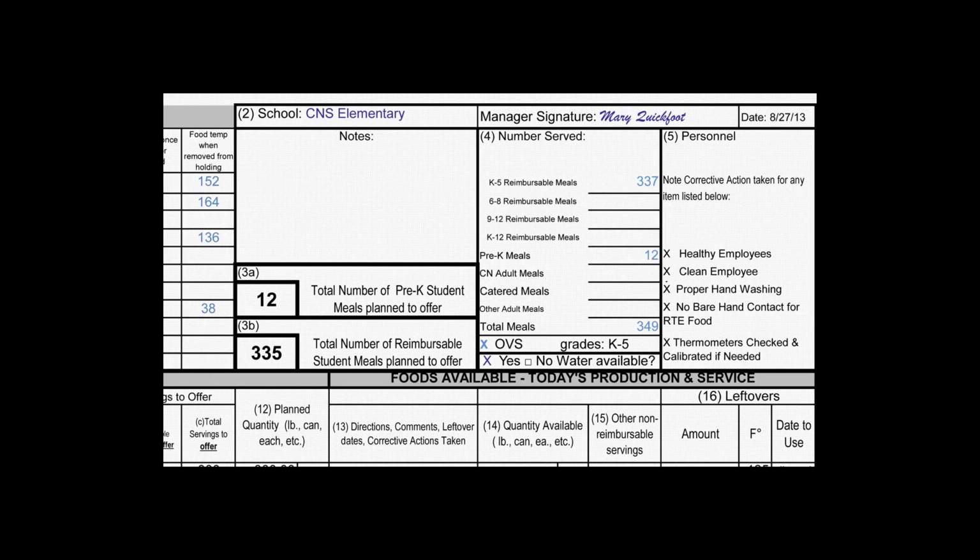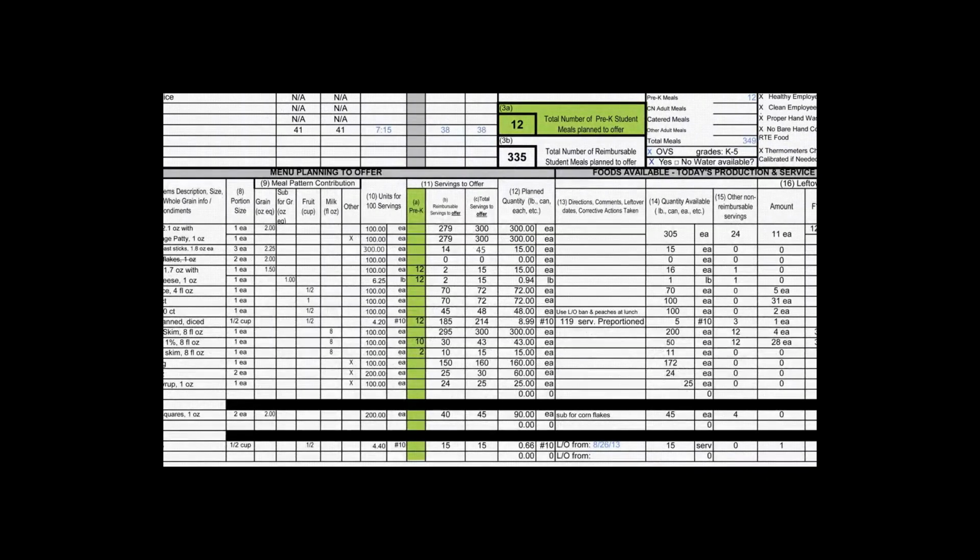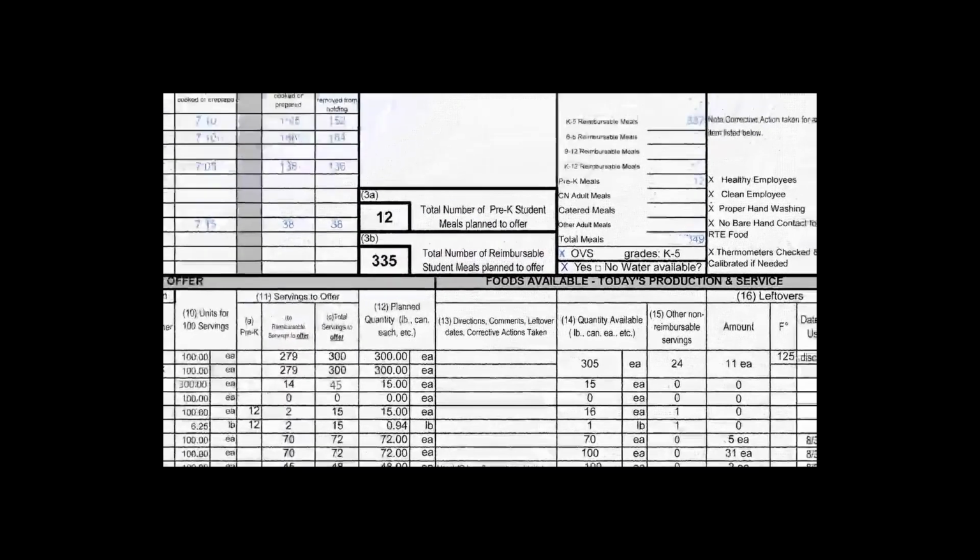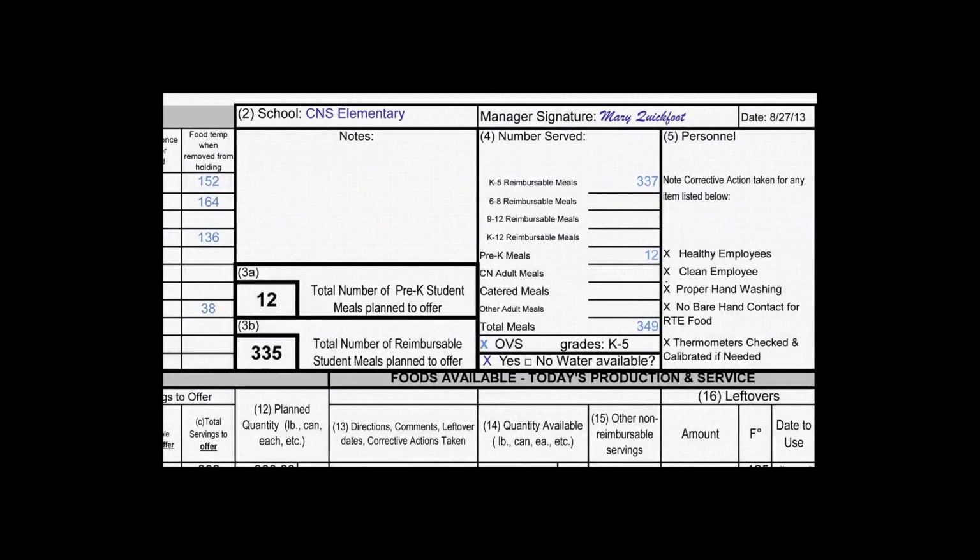Please note the pre-K column A may be renamed if you need to use it to record K through 5, and then use column B to record grades 6 through 8. Work with the state agency consultants to achieve accurate production record recording in these special situations. You may also use the section above the planned meals to record important notes about the day's meal service. In Section 4,